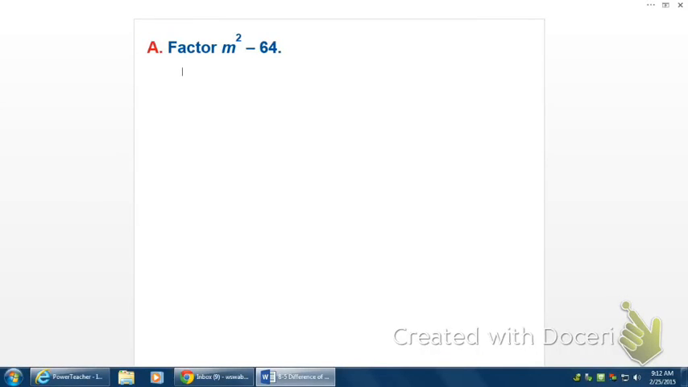So we have established that this is a binomial, two terms. Now, make sure you have this written down at the top of your paper: difference